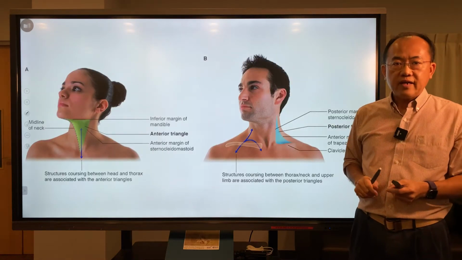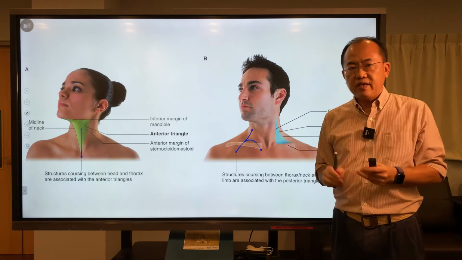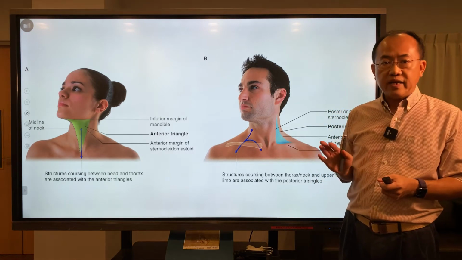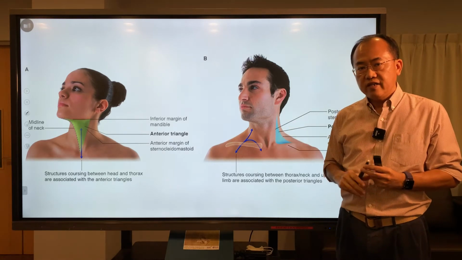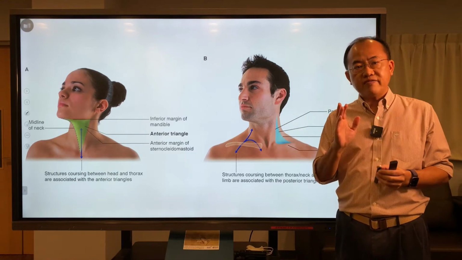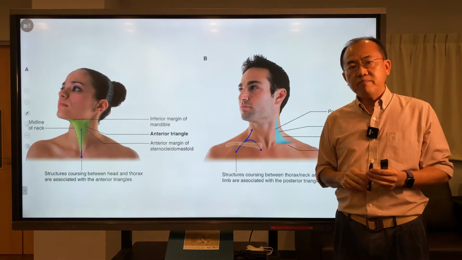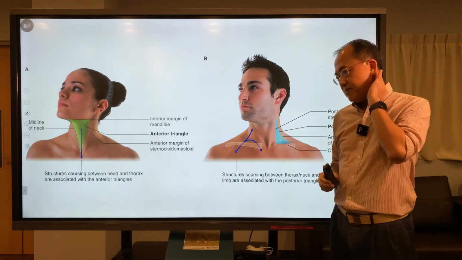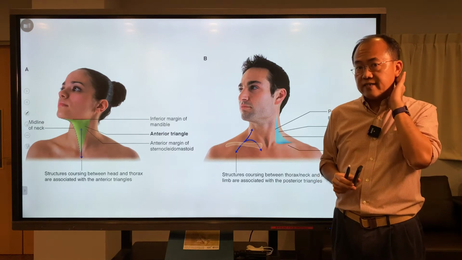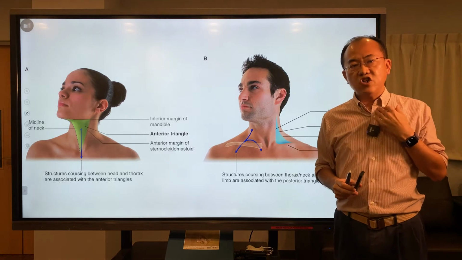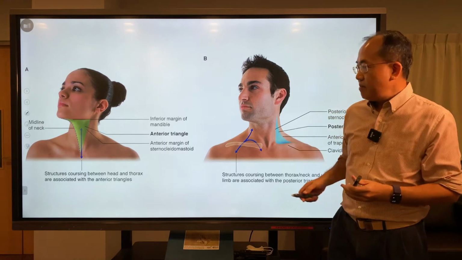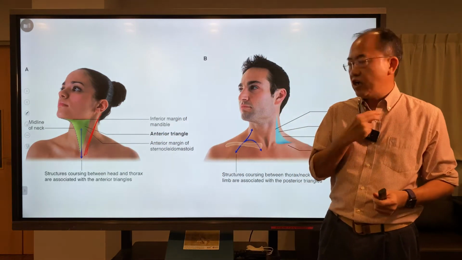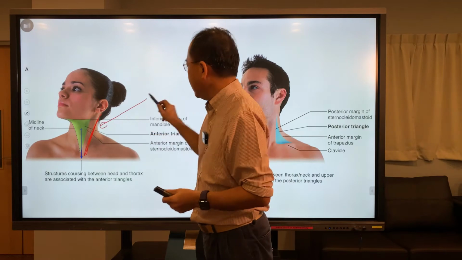Okay, right. In the past, when we learned about anatomy, if you were to open up any standard anatomy textbook, the textbook will divide the neck into triangles. To divide into triangles, of course, we need to have some landmark muscles, right? The most important landmark muscles in the neck will be these muscles running. Remember just now I said this part of the skull is known as the mastoid process, right? And of course, we can recognize the joint between the clavicle and the sternum. There's one muscle that runs between the mastoid process and the sternoclavicular joint, and we call this muscle